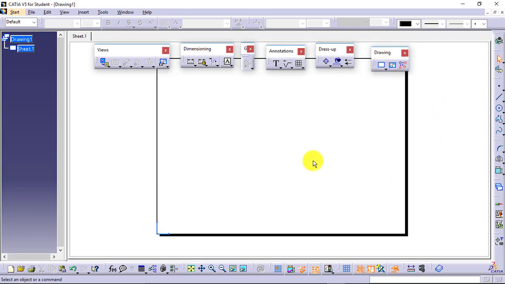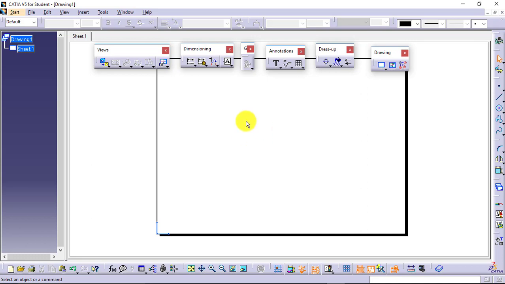These are the toolbars. We are done with defining the sheet size, and we have also selected the standard. Now next, what we have to define, as per the discussion, the second important thing will be the title block, in which we will be defining projection method, material, scale, and some other things.